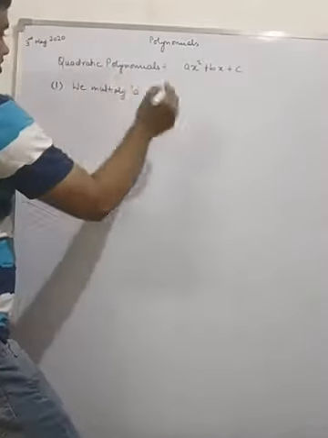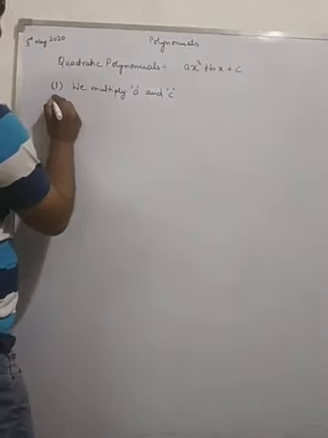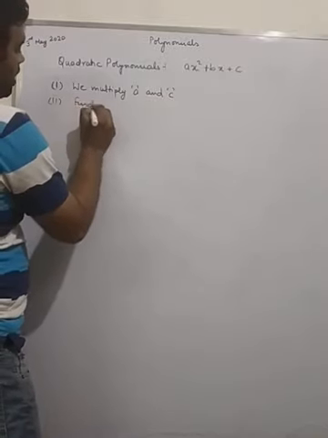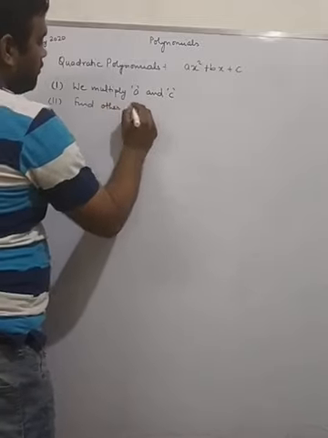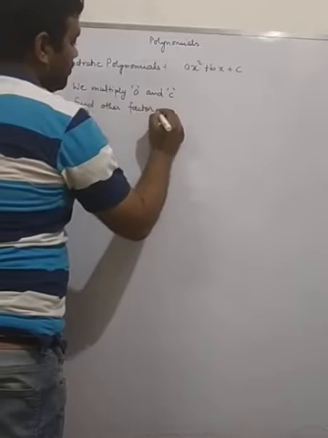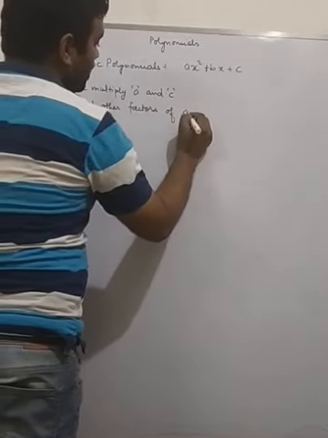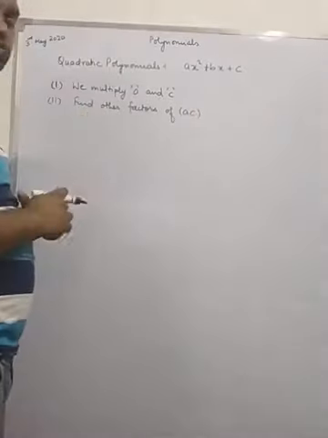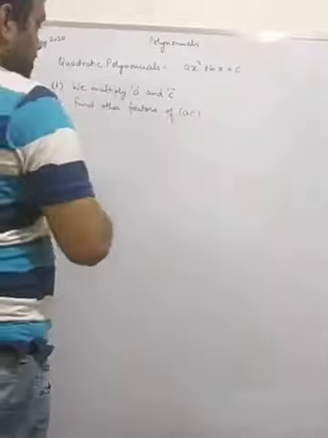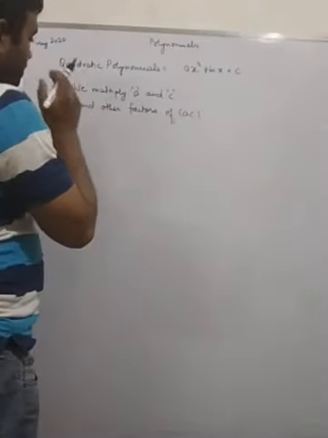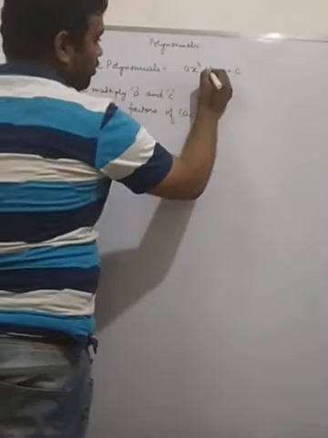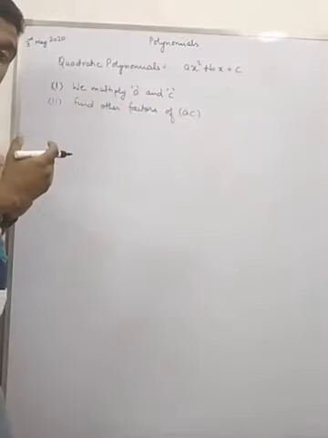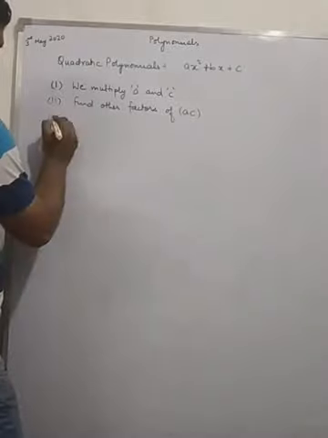So in the second step, we find other factors of AC. Now, this method is called middle term splitting, which means we split the middle term every time. So this third step says